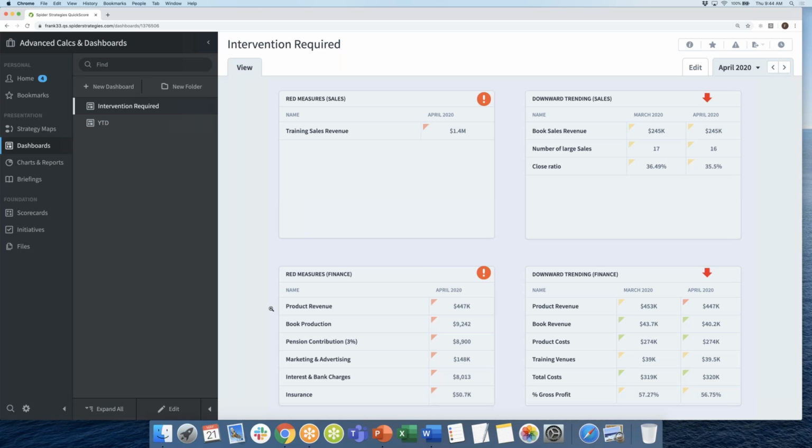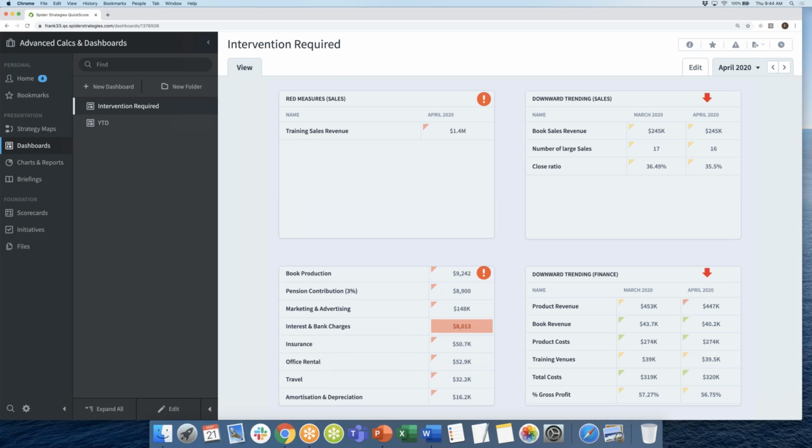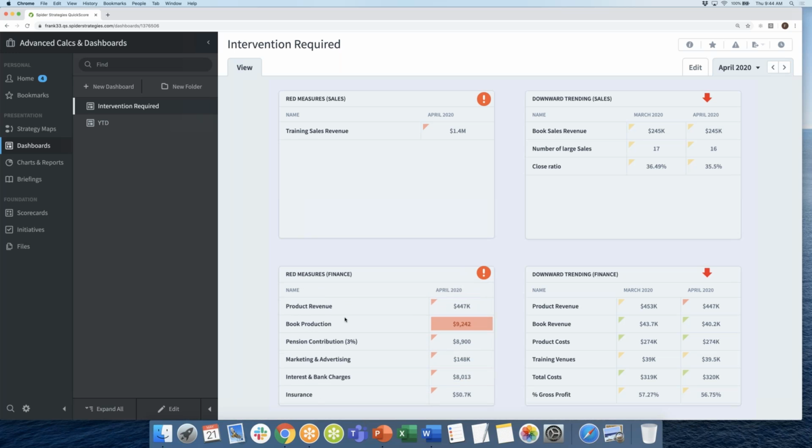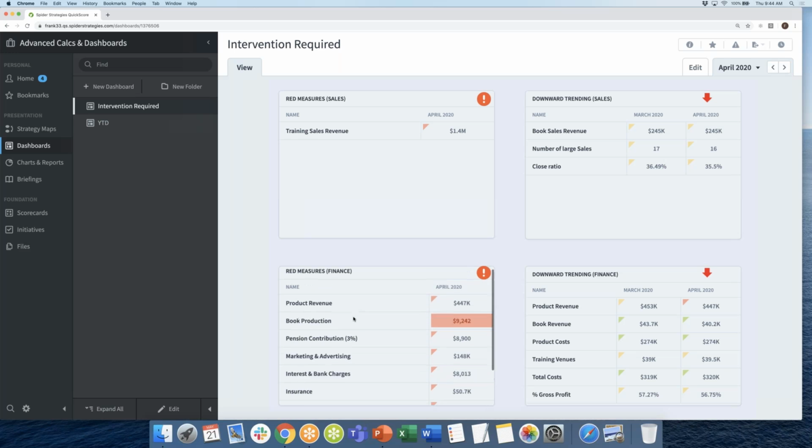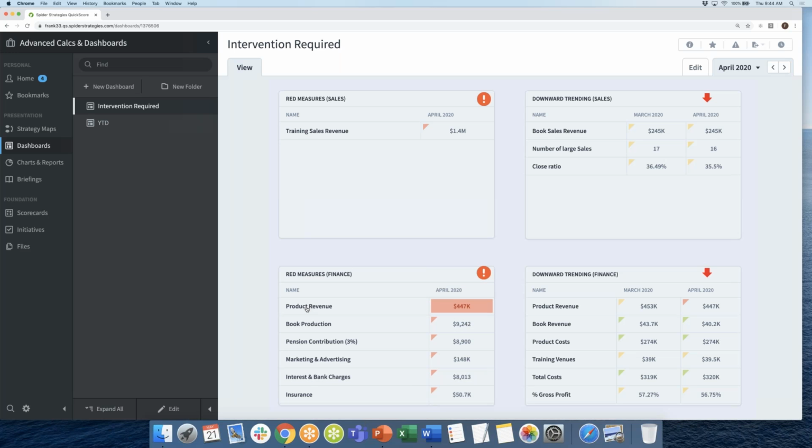Down at the bottom here, I've got more measures that are in the red. If I scroll, it's like, oh no, I've got a whole bunch of measures in finance that are sitting in red for the month of April. You might get to the point where you're like, oh my gosh, this is too overwhelming, and where do I start? As far as trying to audit this and track down, do I start with product revenue, book production? I don't know. Maybe if I bounce this against the downward trending report on the right,